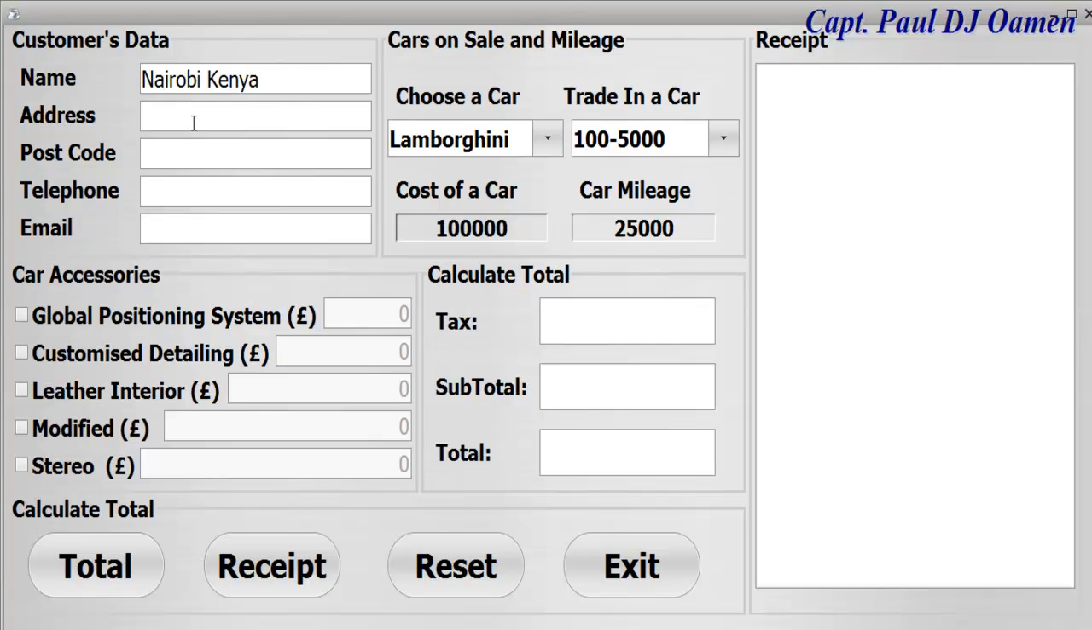Let's say it's Nairobi, Kenya, and the address is number 3, that's a Kenya road. And thanks for your support back in Kenya. 9JK, telephone number and email, Nairobi at,